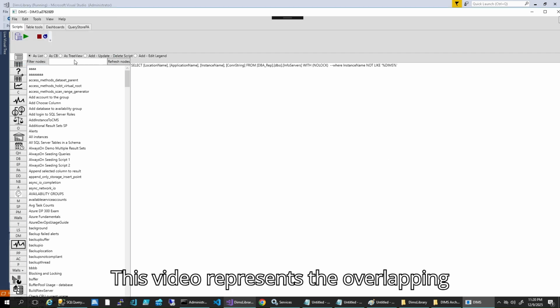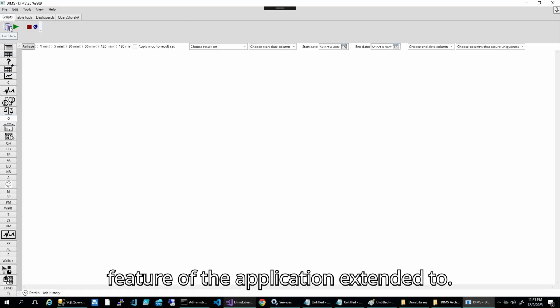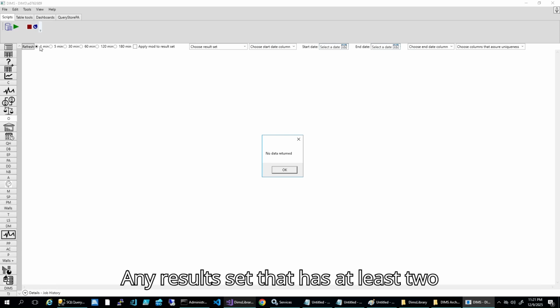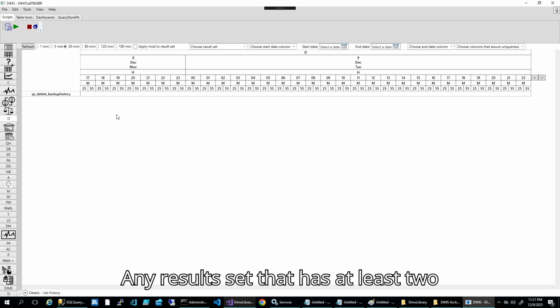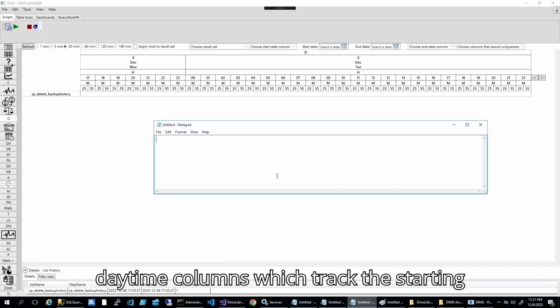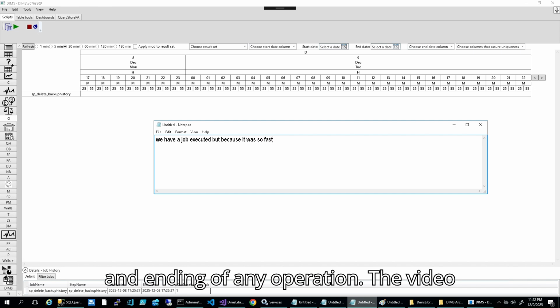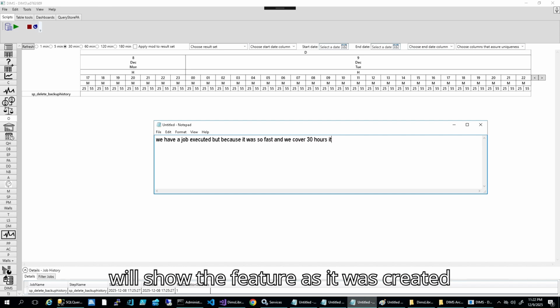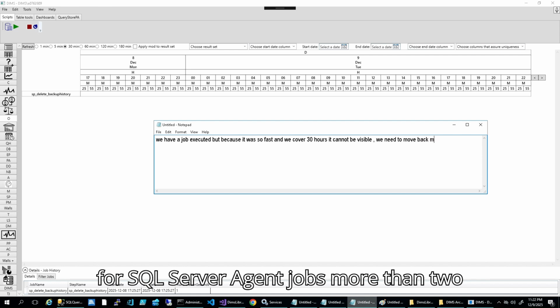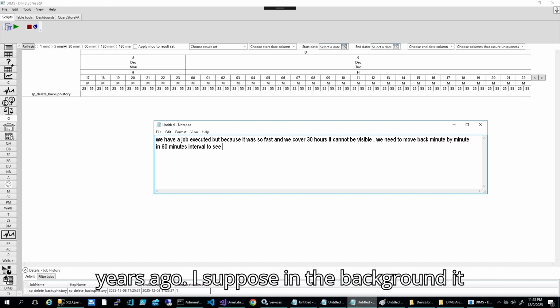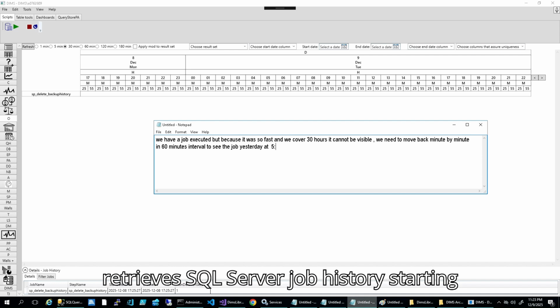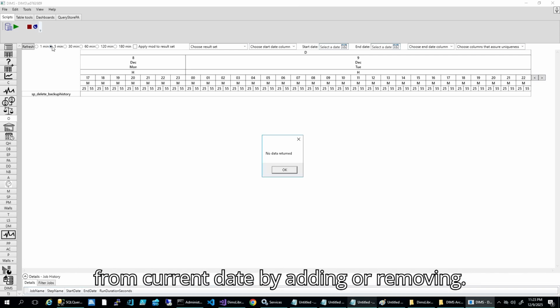This video represents the overlapping feature of the application extended to any results set that has at least two date time columns which track the starting and ending of any operation. The video will show the feature as it was created for SQL Server agent jobs more than 2 years ago, I suppose. In the background, it retrieves SQL Server job history starting from current date by adding or removing specific